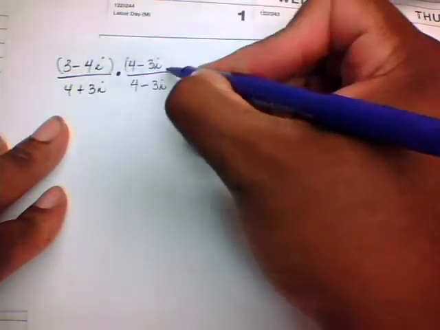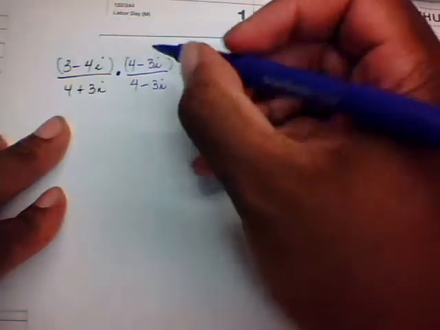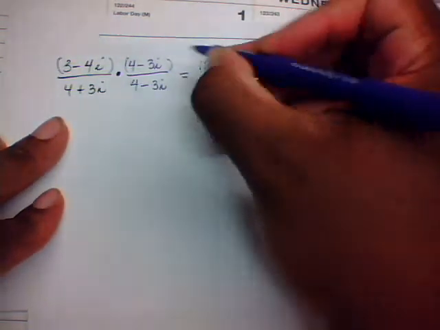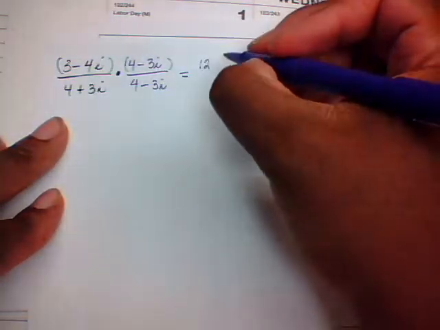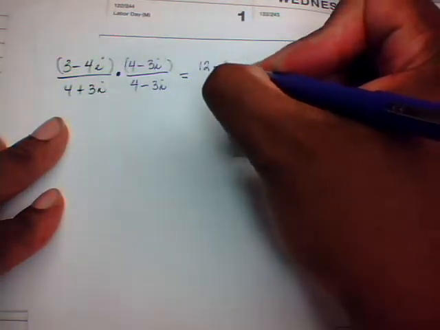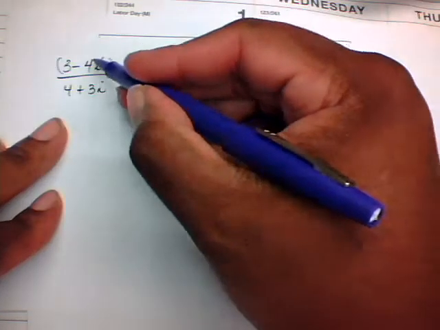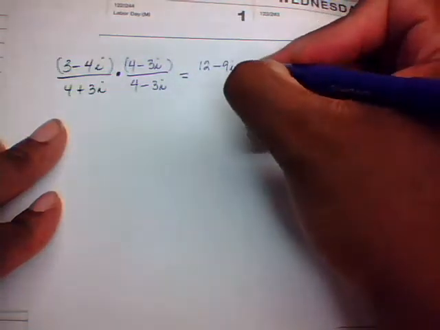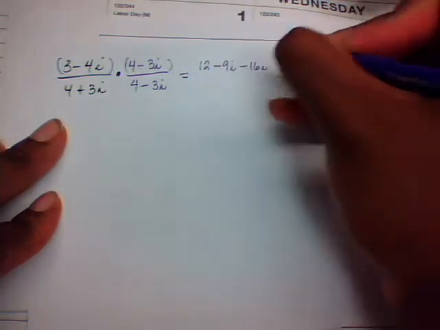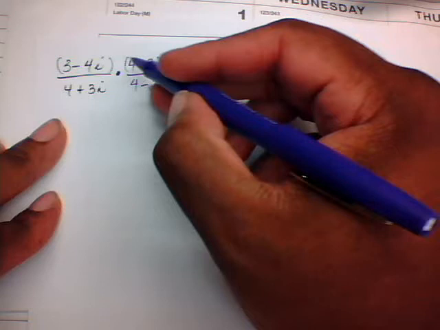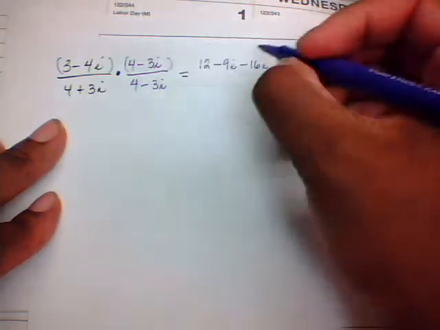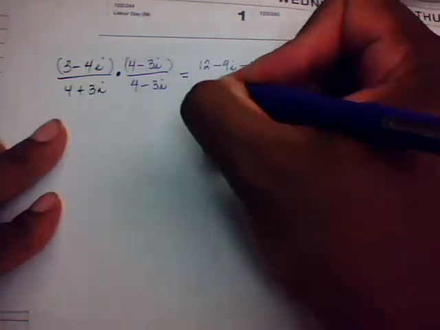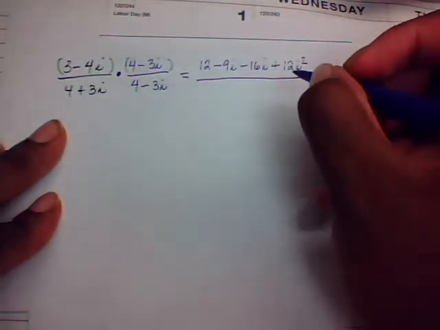Now the numerator, we're going to have to use the FOIL method. In this case, if we do 3 times 4, that's going to give you 12. And then the outer will be 3 times minus 3i, which is minus 9i. The inner will be negative 4i times 4, which will be a minus 16i. And then the last term, negative 4i times a minus 3i, will be a plus 12i squared. And all that's over